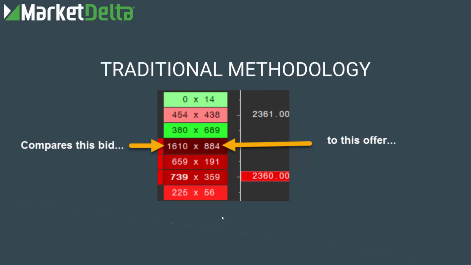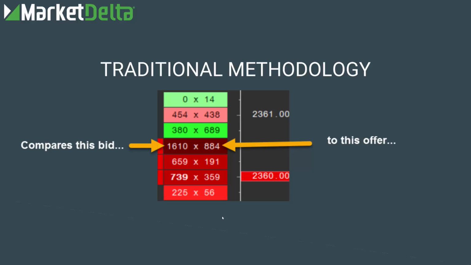So let's jump into it. I want to break down the methodology and help you understand what goes behind the creation of these imbalance footprints. If you haven't watched the what is a footprint video as part of this deep dive, I think it's the first video. That one goes into it some too, but I'm going to go into it a little bit further in this video. So the traditional footprint